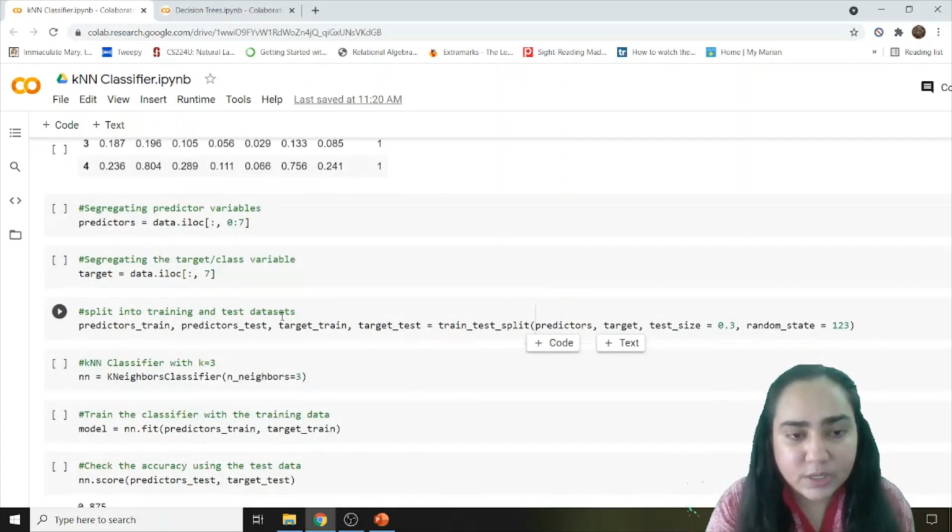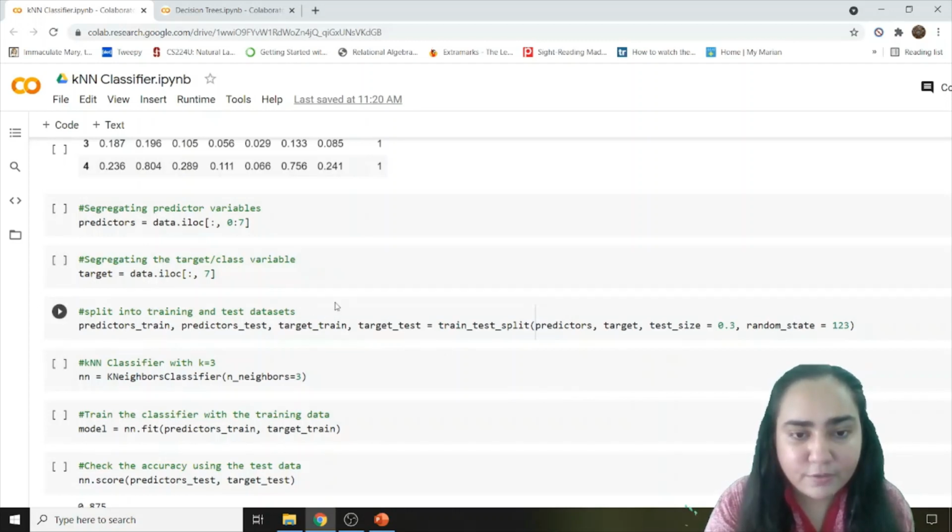Next, we are going to split our data set into training and test. So we will use the train_test_split function, where we will pass the predictors and the target. We will pass the test size. So I want 30% of the data to be test data and the rest 70% to be training data. So that will be passed here. And the random state indicates how randomly you want your training and test data to be selected.